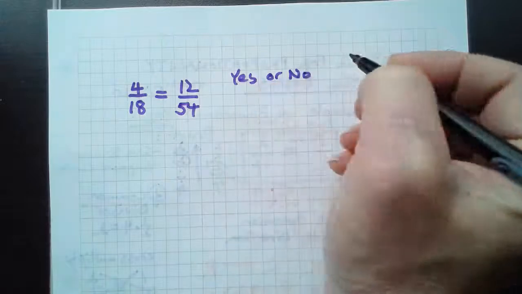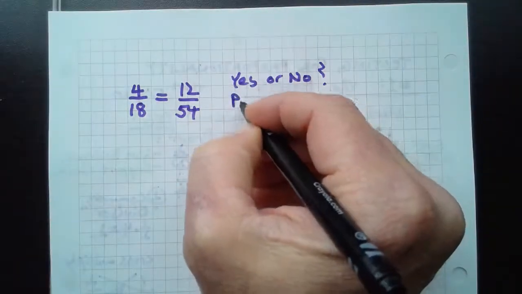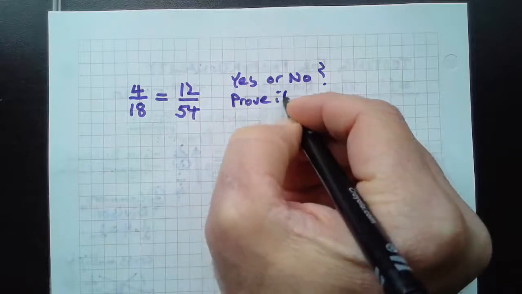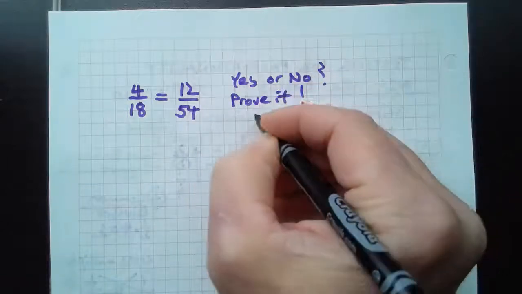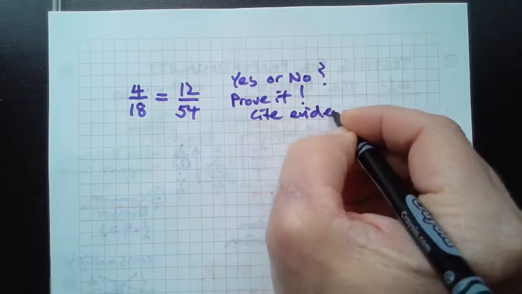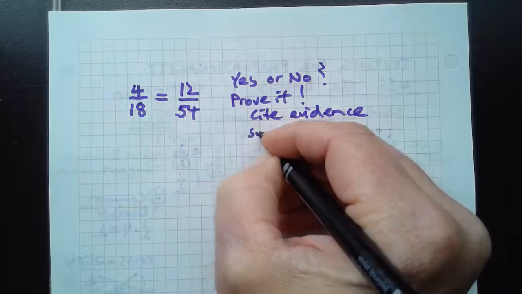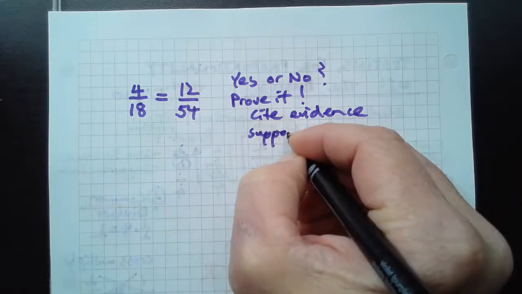These are just like you're going to see in books and tests. And prove it, which means cite evidence, support claim. I mean, every single video is really about the vocab. Support the claim,